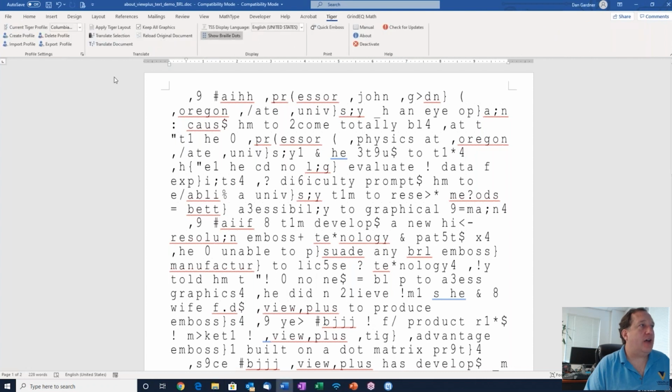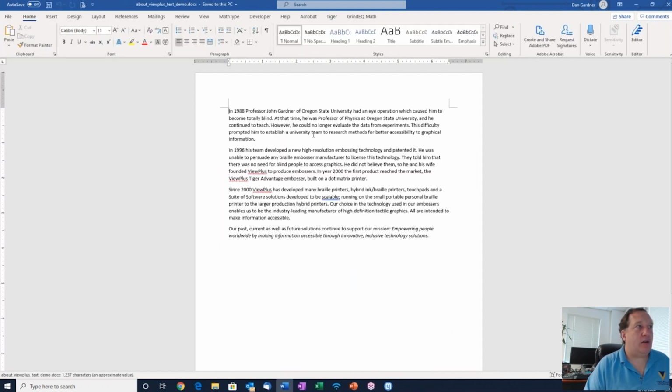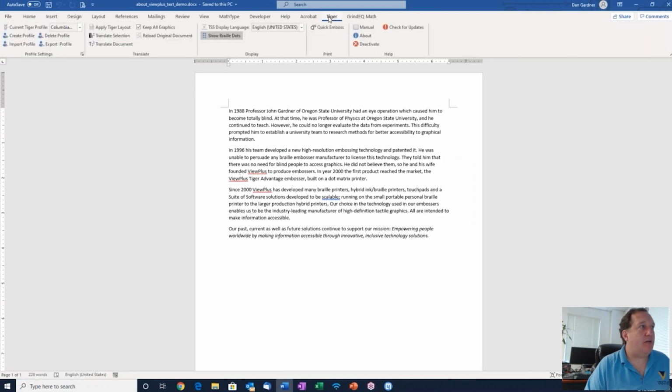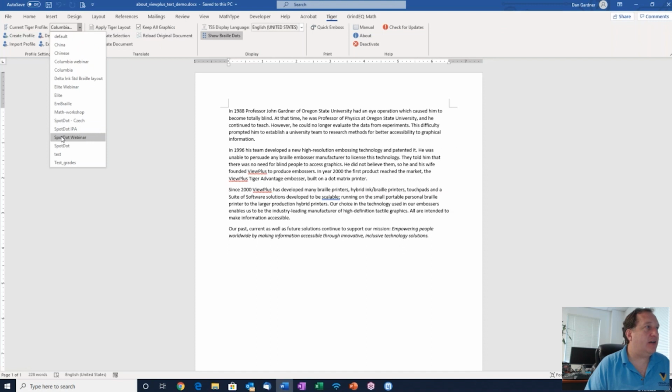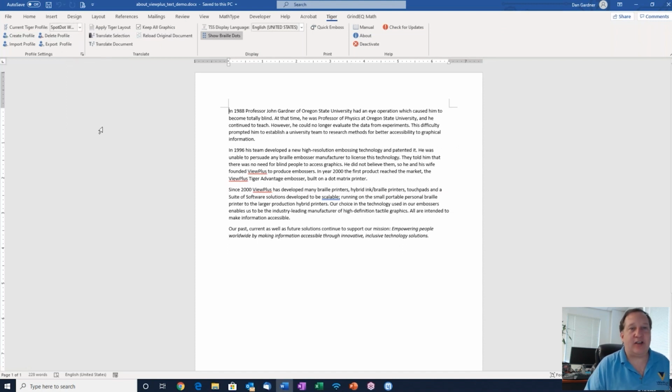The nice thing is, if I decide, okay, I want the same document, but now I want to reload the original document and target a Spot Dot, which has the color ink. So I want to turn on the interlining, and also it only takes letter size or A4 paper. So I can't just take that other Braille document and reprint it on there. It won't give me everything that I want, but I just changed the profile to my Spot Dot